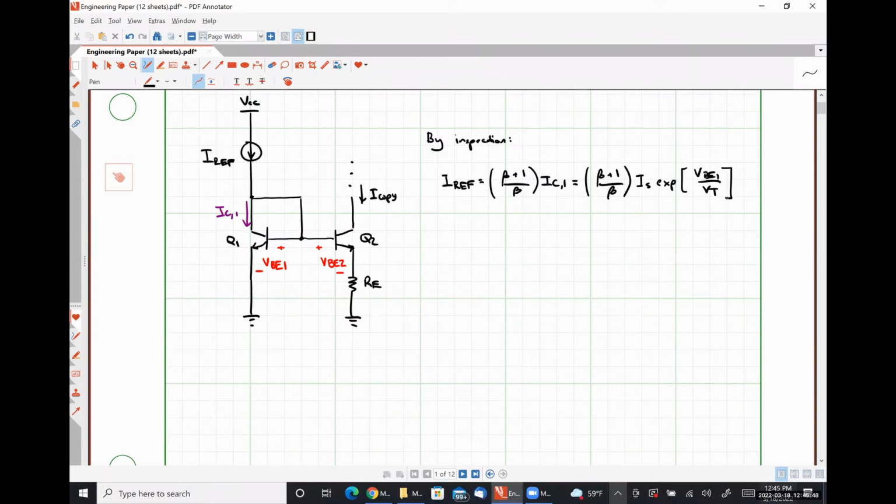And what I'm going to do now is I'm going to solve for VBE1. Right. So solving for VBE1, we'll find that this is VT times the natural logarithm of